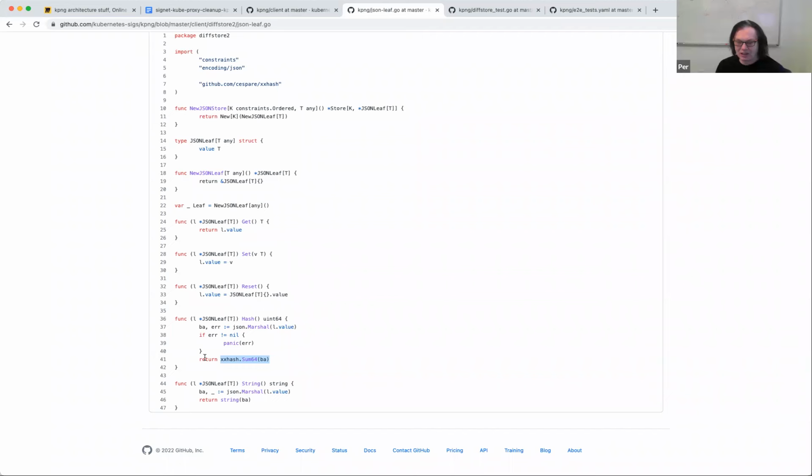Yeah, absolutely, and I haven't checked XS hash. I assume that it's a really good hash that changes a lot for just a small change, right? XS hash is really fast. It's just not crypto safe. If you want, I think the fastest hash that's crypto safe today is number 3.